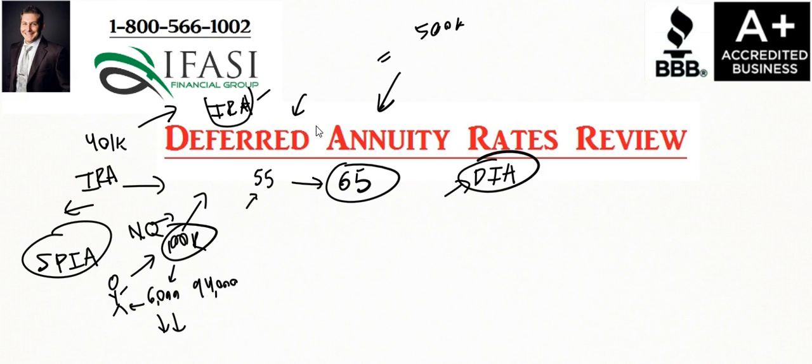With the deferred income annuities, it's very similar, except you can't touch this money. You're basically placing that same $100,000 into a contract, and they're saying, okay, we're going to defer this to age 65. At age 65, instead of $6,000, maybe this person's going to get $8,000. The downside to that is, if you pass away, let's say you're just going with a plain deferred income annuity, single life only, with no sort of return of premium riders or anything like that, if you passed away at age 62, well, the insurance company now got to keep the full $100,000.